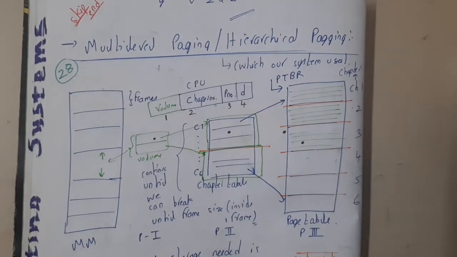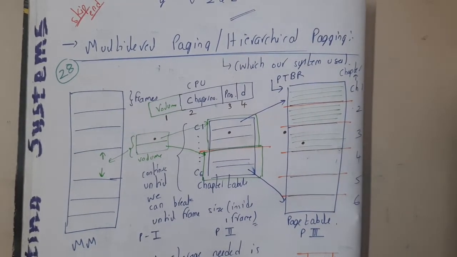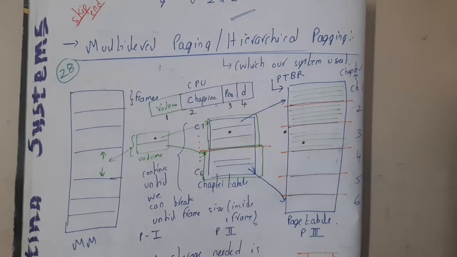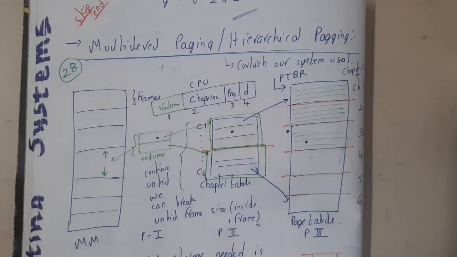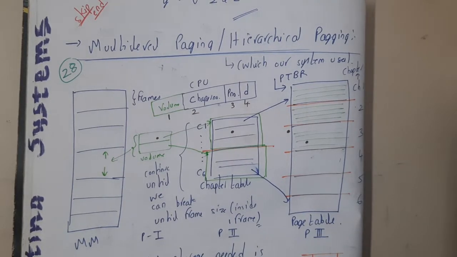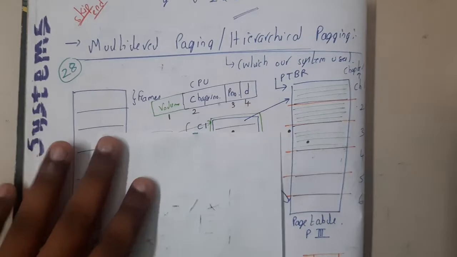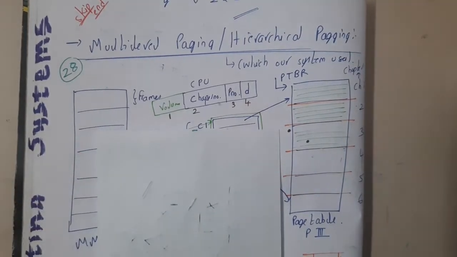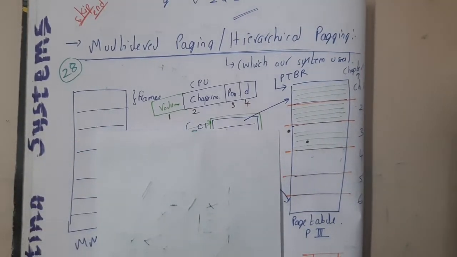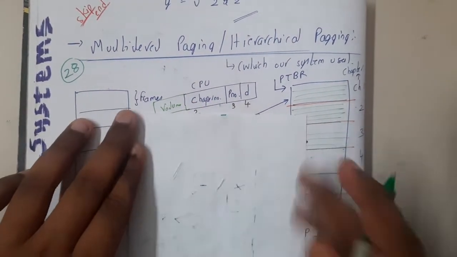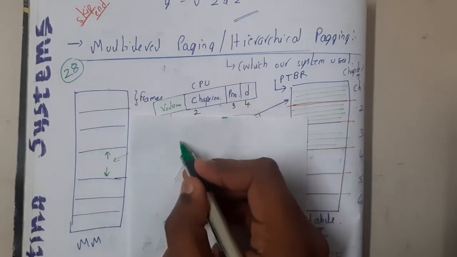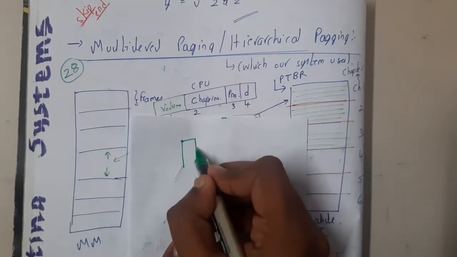In this lecture, let us go through the next topic, that is multi-level paging, or hierarchical paging. The reason why we study multi-level paging is this: assume a hypothetical case, though in reality this is the reality. Whenever you try to solve this type of problem, it will be really complex, so we take some hypothetical cases to show that it is going to be an issue. Assume that your main memory is really small.